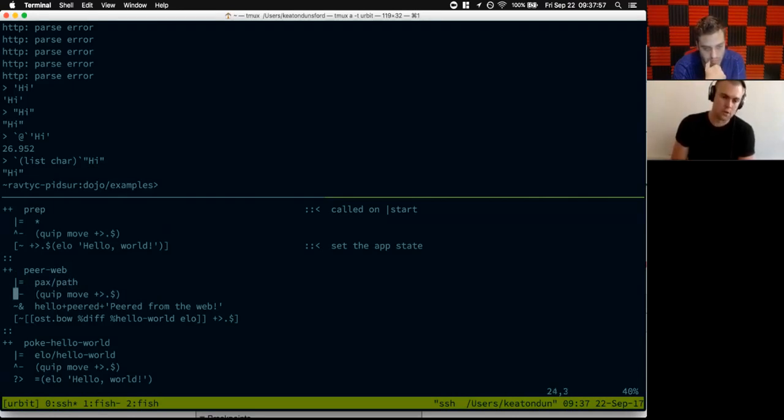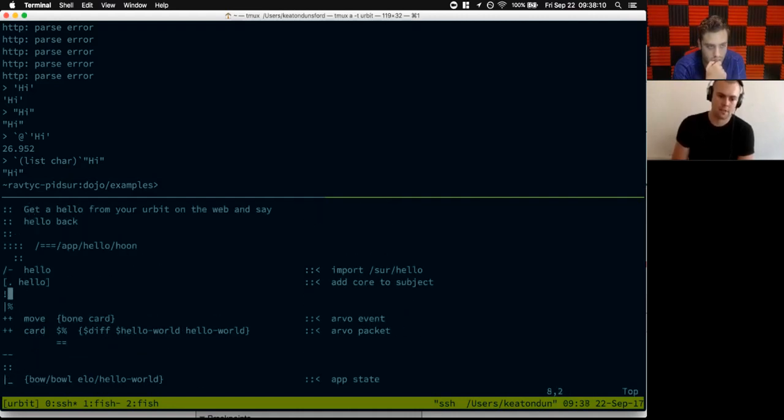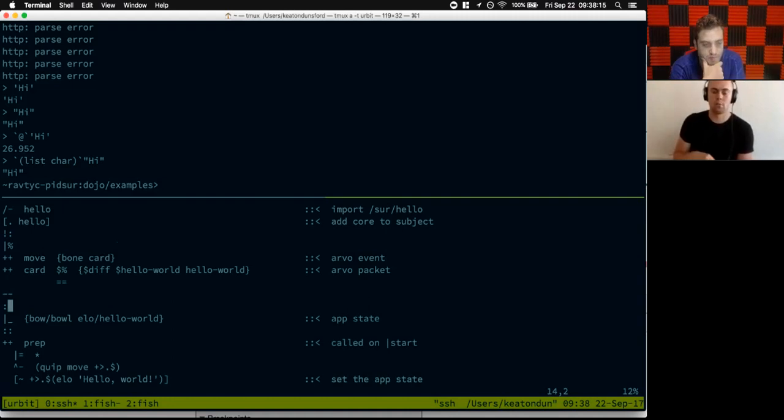What this function produces, and this is what this syntax is indicating, is a list of moves and the current state. So if we scroll up a little bit, again, it's a little bit confusing, but it's kind of modeling a general pattern that is very consistent among Urbit apps. And there's clearly a lot of overhead for this stuff, but